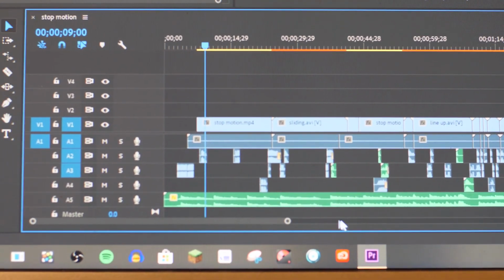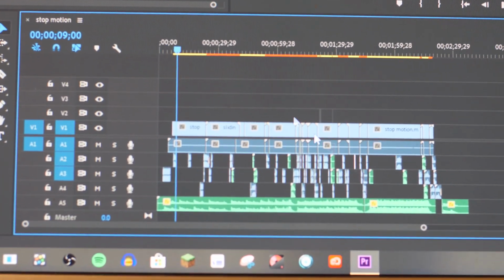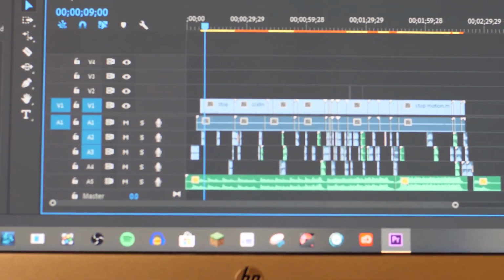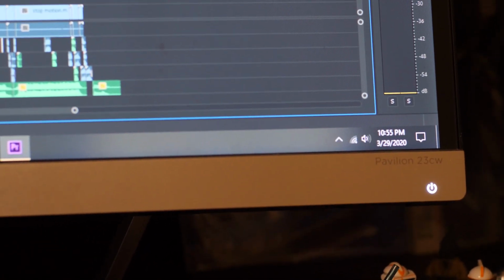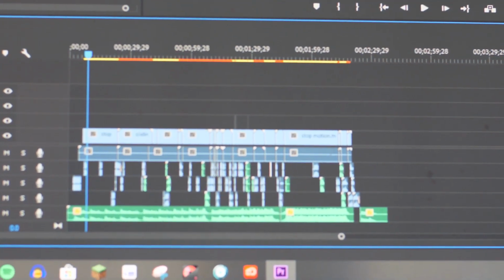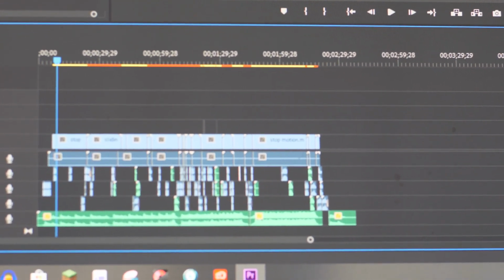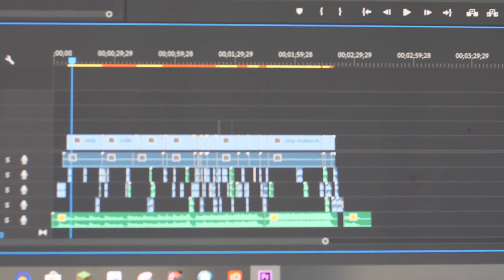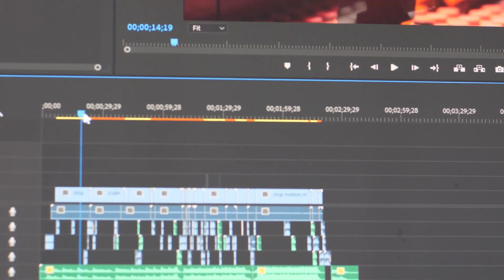Premiere is a great program to use for editing stuff. But it is like a monthly subscription thing. As I said earlier, our month was almost out, so I've been trying to finish this. It is, I don't know if you can see down there, March 29th, and I just have the logo. I have to do some sort of title logo. That's the last thing I have to do, and then we're done. So I think I'm going to finish on time. I think I checked April 3rd is when the subscription ends, so got a few more days here, should be good. And yeah, I just wanted to show you guys the Premiere